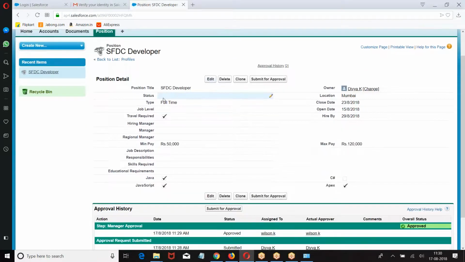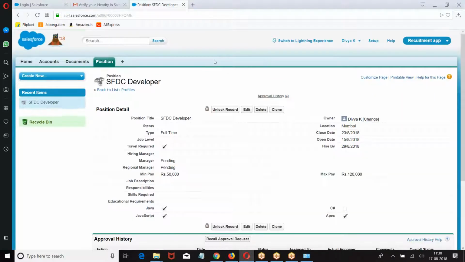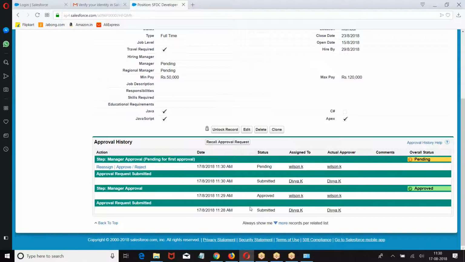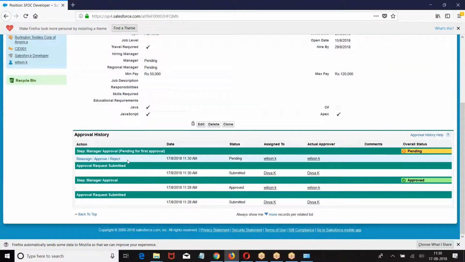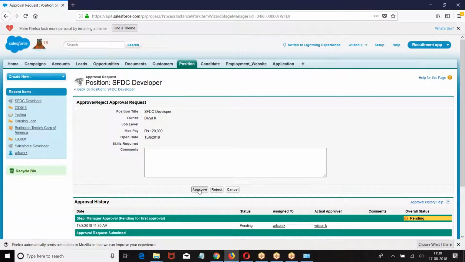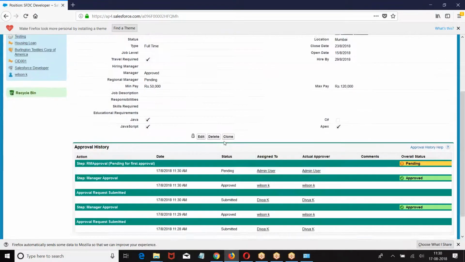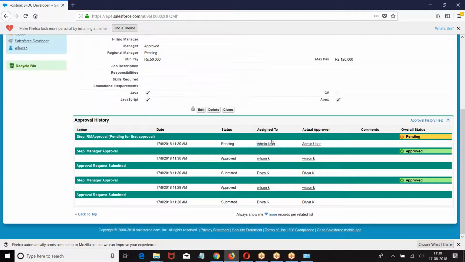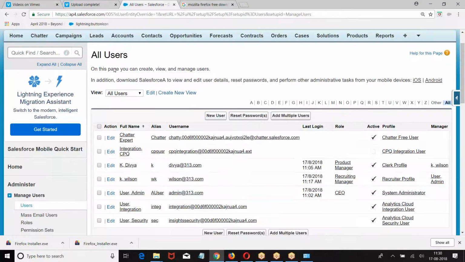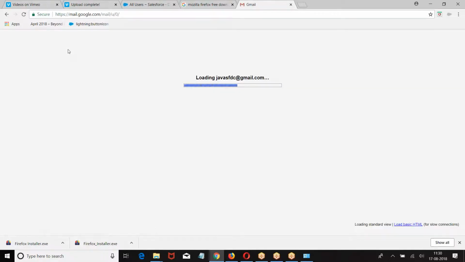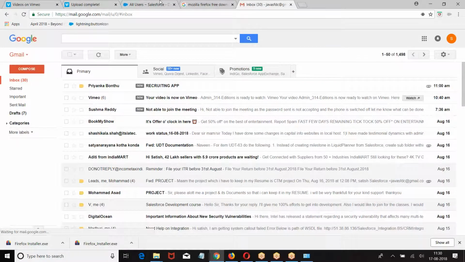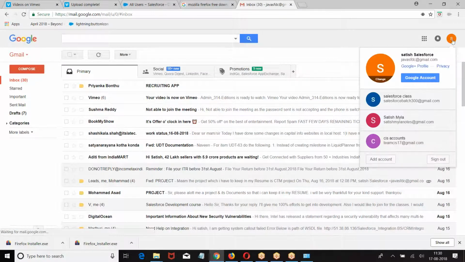Now look at the process. Status nothing. Manager, regional manager. Now we have amount as more than 1 lakh 20,000. Submit the record. When you submit the record, submit it to Wilson for approval. Wilson opened it. Wilson approved it. Wilson approved. When Wilson approved, what happened? It is submitted to administrator. Why? As the amount is more than 1 lakh, it was submitted to administrator. Now what happened? I told people can approve the record from mobile application or email.